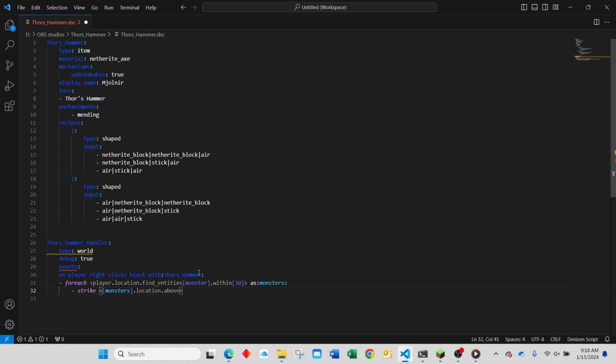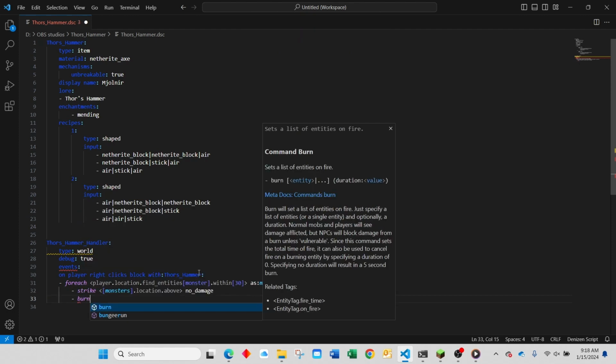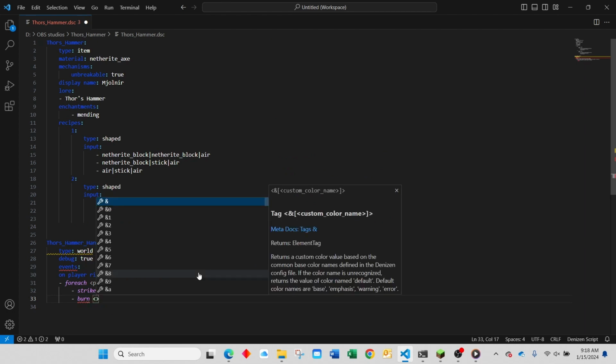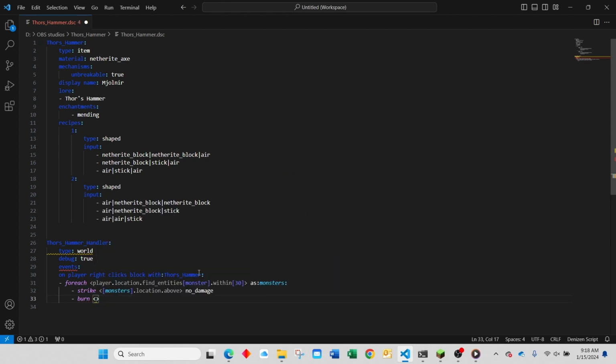But we're going to add a little safety here, and we're going to say there's no damage that's done by the strike. The reason for that is because lightning strikes have collateral damage, and we don't want to kill anything other than the particular monster that we're striking. So we're going to strike the monsters with lightning so we get the effect of lightning, but it's not going to do any damage. So we're going to go back in and artificially create the damage by using the burn command. So we'll set fire to the monsters,